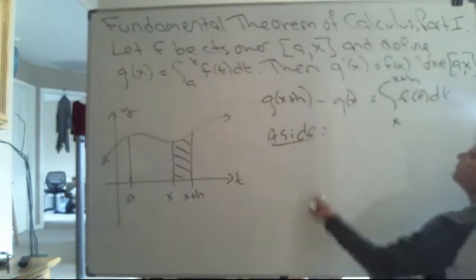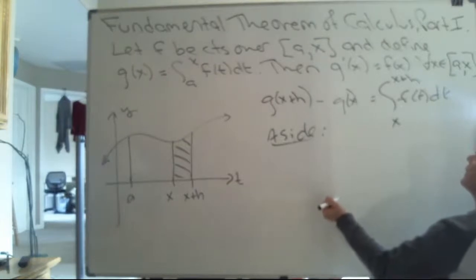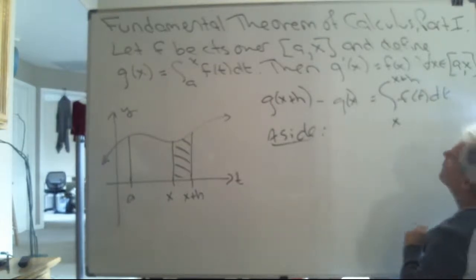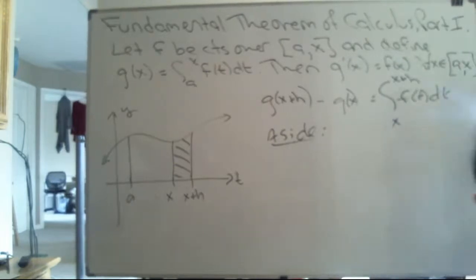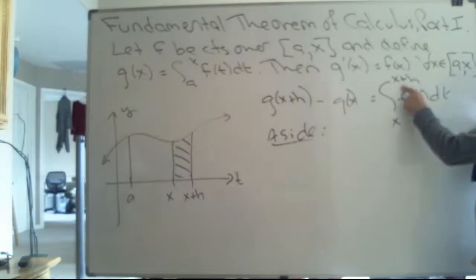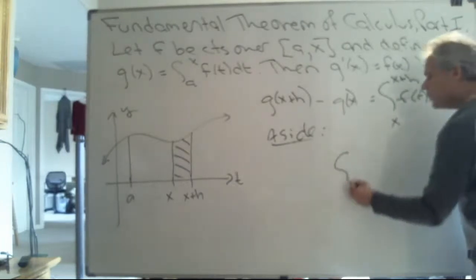Take a peek at how, when it comes to this function right here, since I'm claiming that I've got continuity over some closed interval, then this thing right here attains a maximum value and a minimum value. So take a peek then at how this represents the area underneath the curve from x to x plus h. And that area